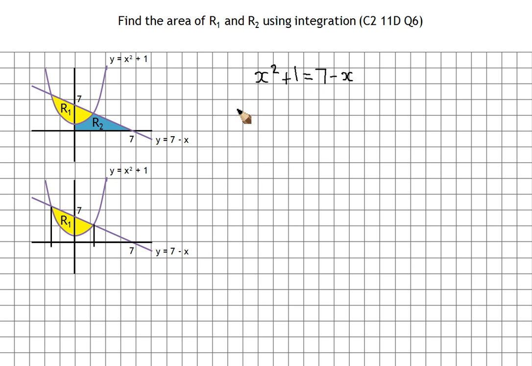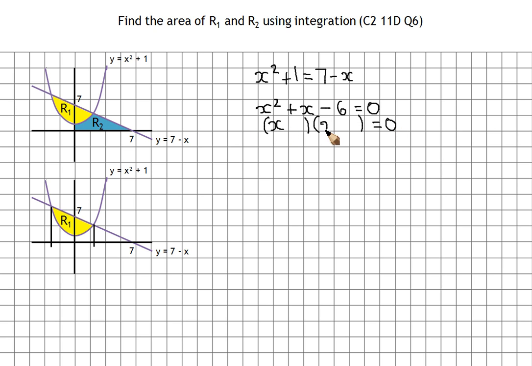To sort this out, first of all, turn it into a quadratic of the form ax squared plus bx plus c equals 0. So the x squared can stay there. This minus x needs to come over to the other side, so it's plus x. This 7 needs to come over to the other side, so we get 1 take away 7, which is minus 6, and that equals 0. Now you should see that this is going to factorise